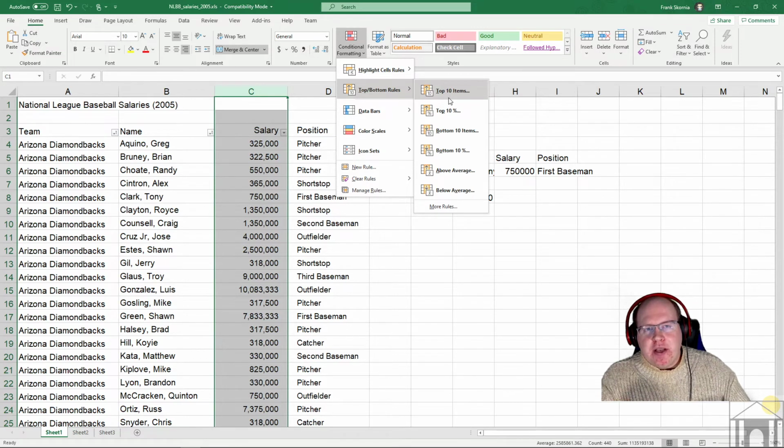The cool thing about this is that it's dynamic, which means it's constantly adjusting and looking at that condition. So if I do my top 10 salaries and color them bright blue to make them pop out, and then I enter a salary that ends up being in that top 10, it will drop the number 10 down. So the bottom salary on that list will lose that conditional formatting,